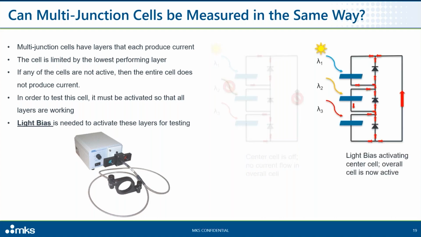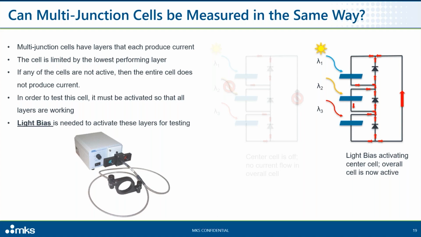And that light bias can then be used where there are different filters that you can put in. For example, the picture we have here is one of our MKS solutions. You can put different filters in to have different wavelengths of light shining on your multi-junction cell. The idea is that you want the multi-junction cell to be fully operational so that you're actually getting a current output. And what you would be able to do then is shine monochromatic light onto that cell,